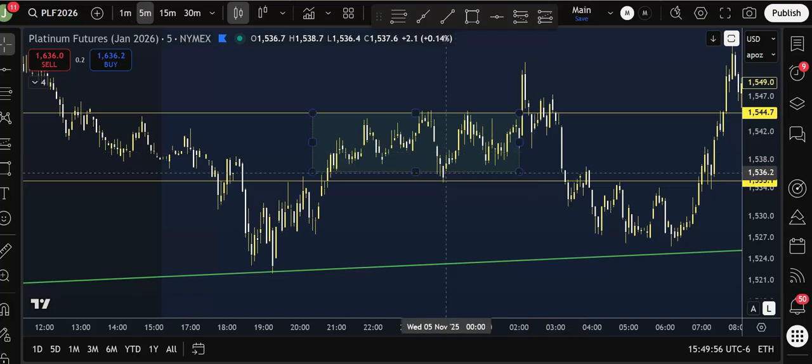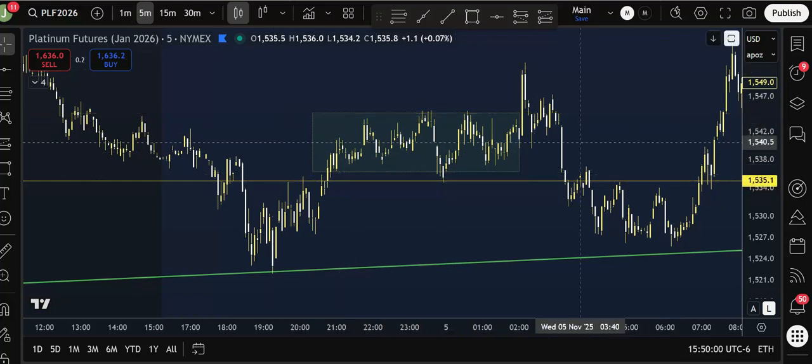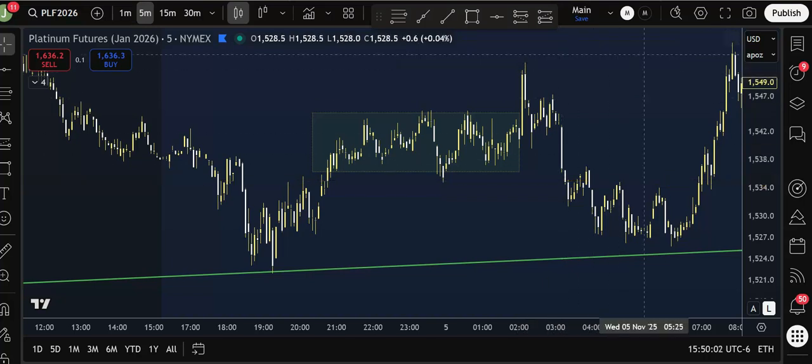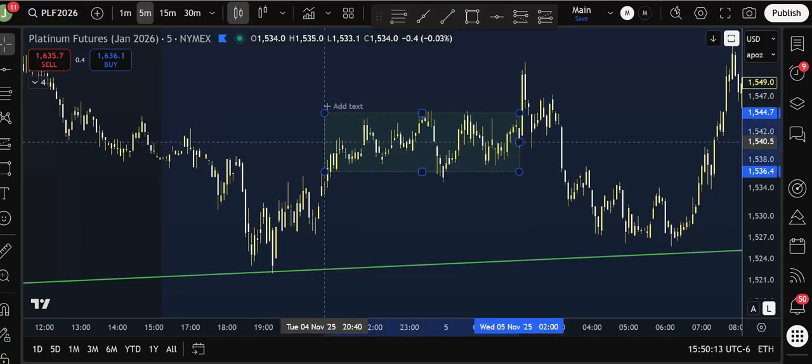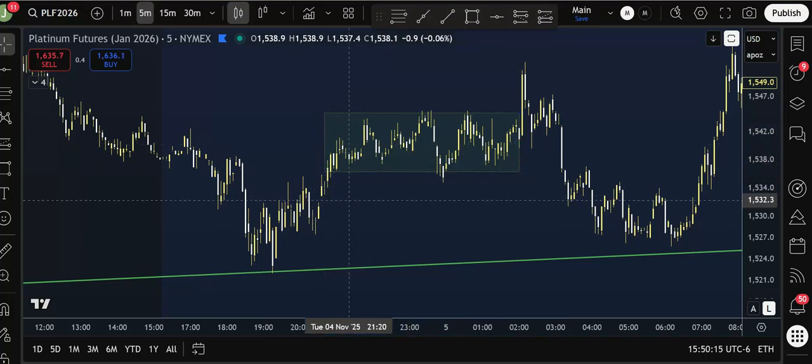Okay, so obviously I have the support and resistance right here. Let me get rid of those. And this is the area that I'm talking about. Now, of course, this is about 8 points. And yeah, you can make some money with 8 points in platinum. But when you're in the middle of a trade, it's best to get out when you start seeing